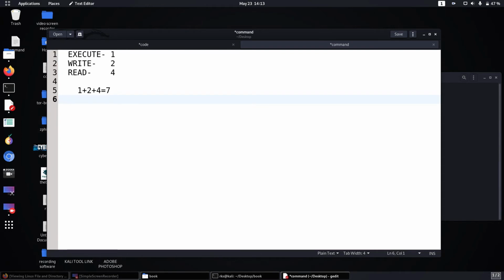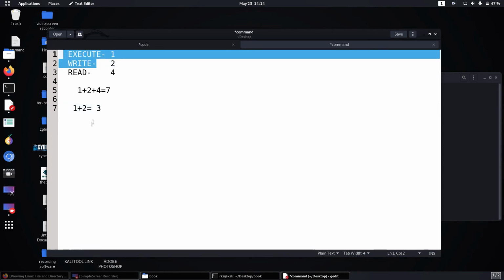Okay, 1 plus 2 equals 3, that means 1 is execute, 2 is write. That means the file has only write and execute power.